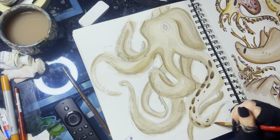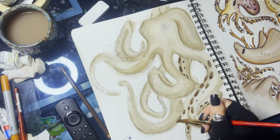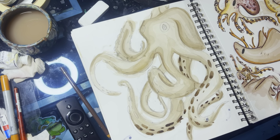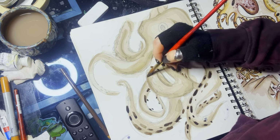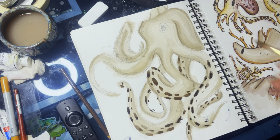But I don't want them to look realistic. I want them to look kind of impressionistic and loose and, I don't know, very textured and fluid, if any of that makes sense. So I just really took my good old time with this guy. I was letting just about every layer dry in between, and I mean dry thoroughly, and then I was layering